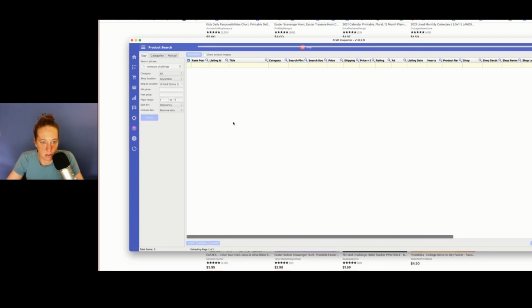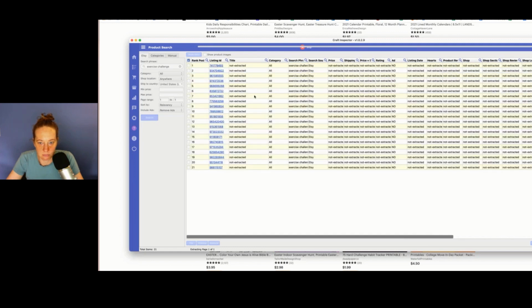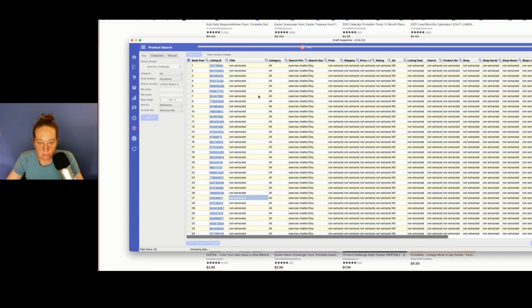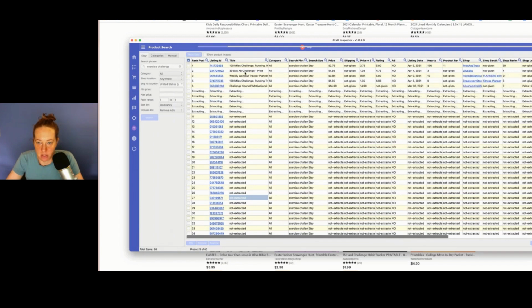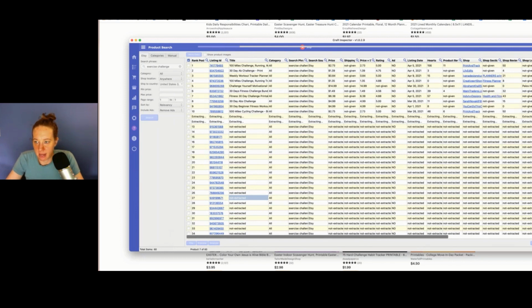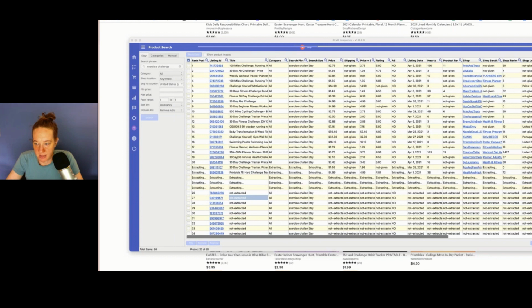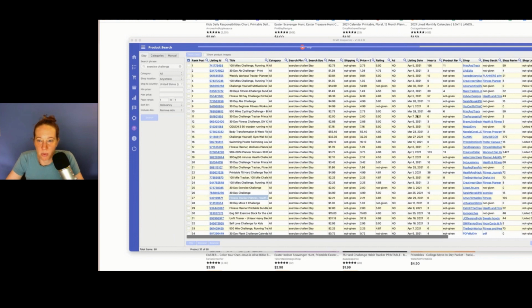So if I just click search here, it is going to bring up all this data here. Look at this 30-day ab challenge. So what I'm looking for and looking at, James says it's fantastic and the upgrade is well worth it. Okay, good. So what I'm looking for and at in this chart here is, for me, before I even care about